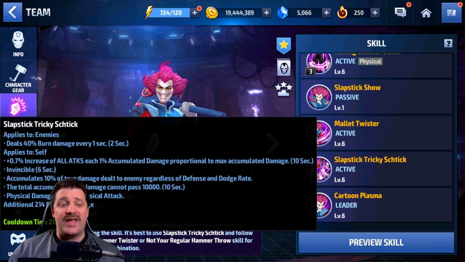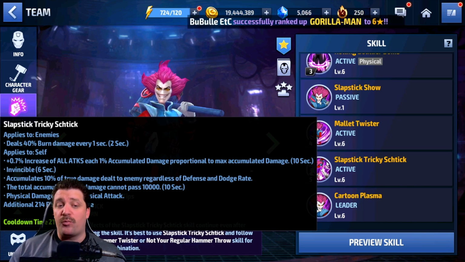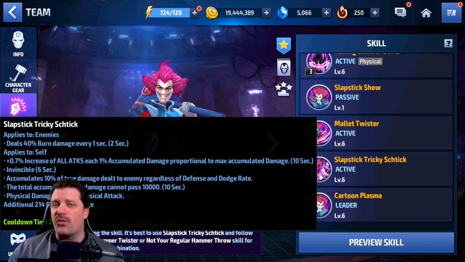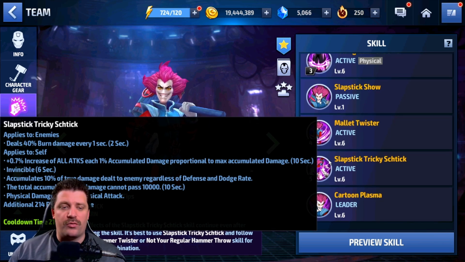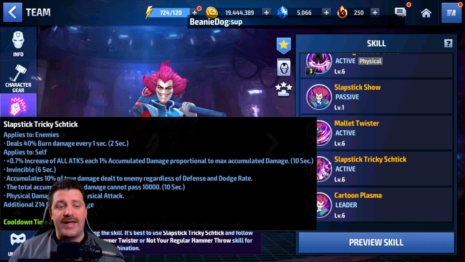You get burn damage, you get increased all attack based on damage done. It's based on damage done, guys, not on damage taken, so it's pretty great, to be honest, in the last 10 seconds, so you can actually refresh it pretty much every time this ability is on cooldown. You can see the cooldown is 10.5 seconds, so you refresh it every time you use that 5th skill, which is pretty great. Then you have invincibility for 6 seconds, which is actually pretty decent, and you have some